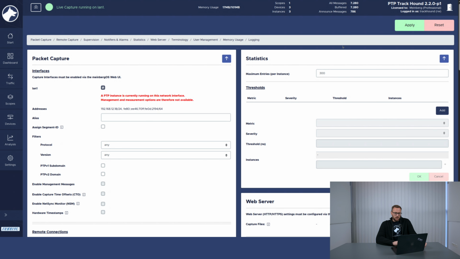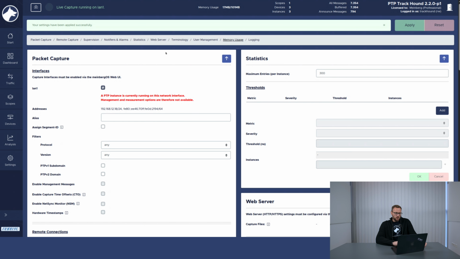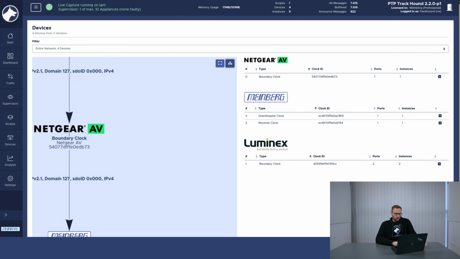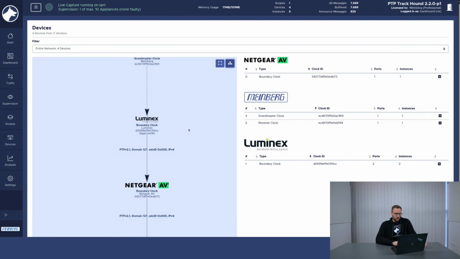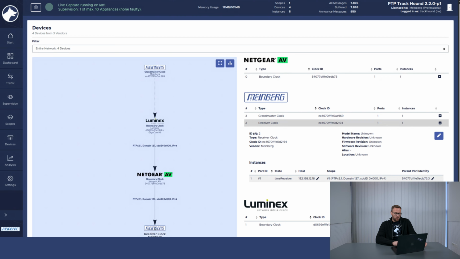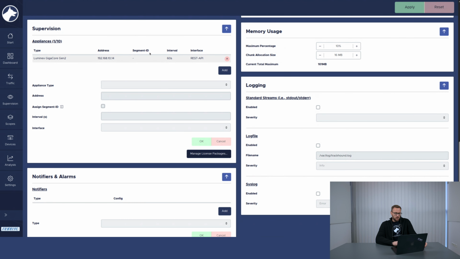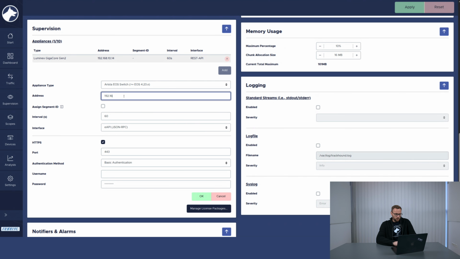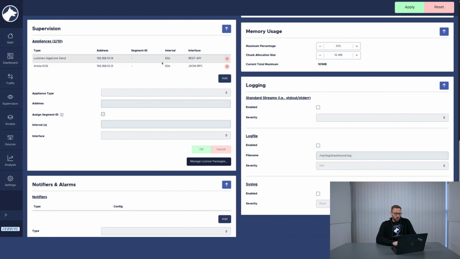Once we've applied the settings, we will see that Supervision is now running on one device and the device will also appear in the device map. So we now have the chain of Grandmaster clock, Luminex boundary clock, Netgear AV boundary clock and our time receiver. This still is not the full picture, so we go back to the settings page and also add the other devices. So we add an Arista boundary clock, and also a Cisco boundary clock,